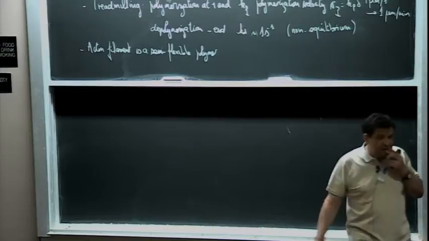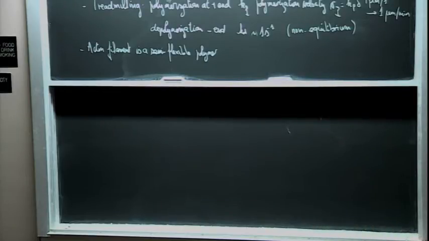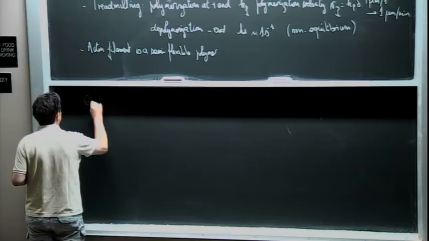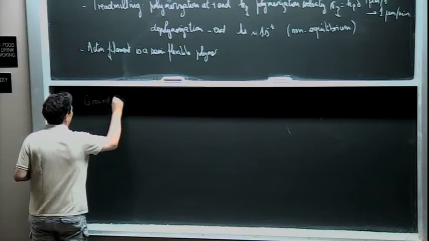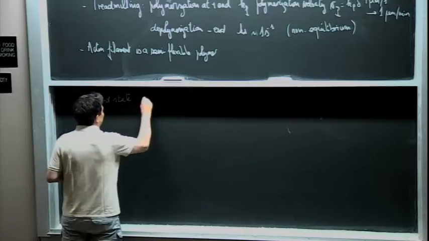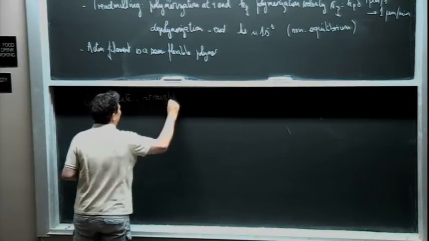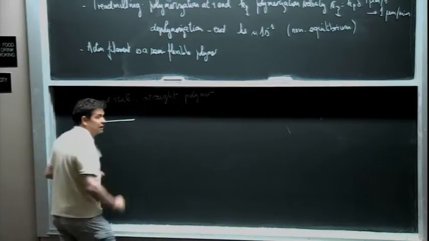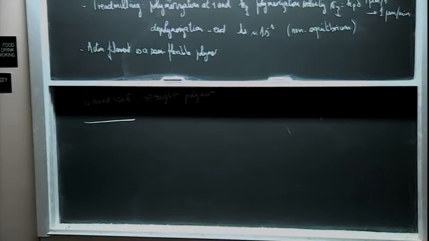So this semi-flexible polymer, at 0 temperature, the polymer will be stretched. So the ground state is a straight polymer. Something like this. And if you bend it, it's like this cable here. It costs energy to bend the polymer. And the energy is just the elasticity of the material, which is here. Now the bending energy